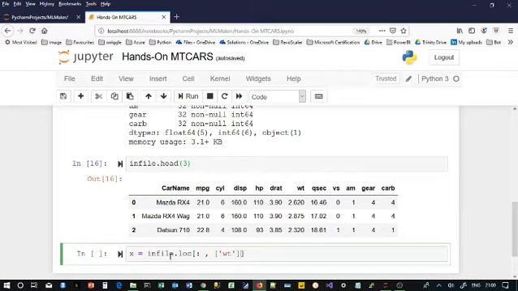To begin with, I'll use just one column, and I'm choosing the weight of a car as an indicator. So this will copy the weight column alone from the infile data frame, and it'll create another data frame called x, which will have just that column.